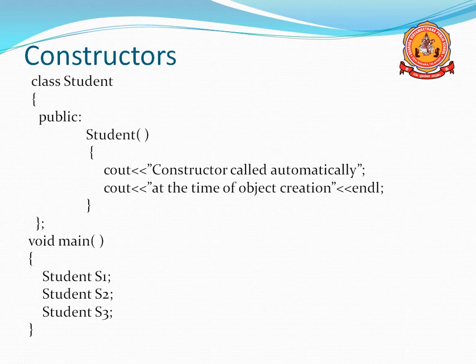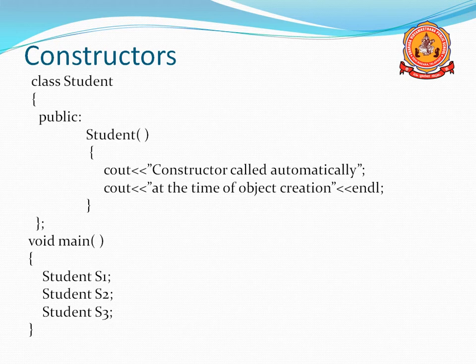Here is an example for the constructor. Take a class named Student, with capital S. Open the curly bracket, and in the public section I declared one constructor. See the constructor name: the name of the constructor is the same as the class name. The class name is Student and the constructor name is also Student, the same thing. And there is no return type. If you take void main as an example, it is a function and void is its return type. But in the case of Student, there is no return type, not even void. That is the characteristic of constructors.